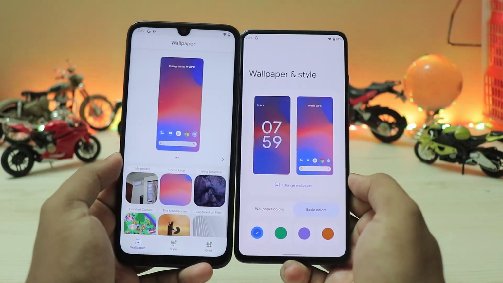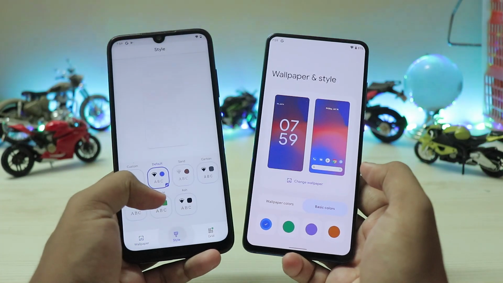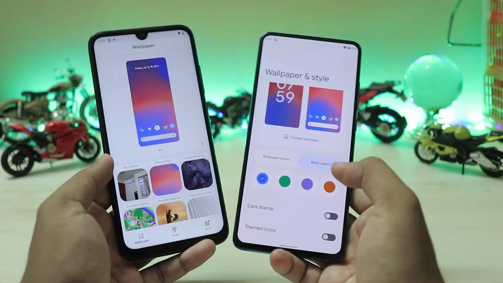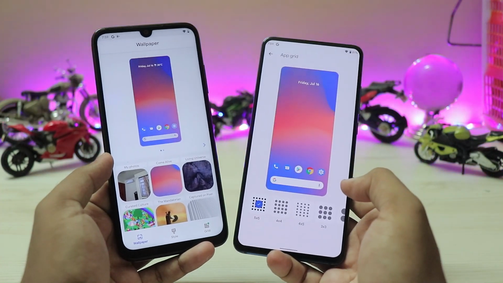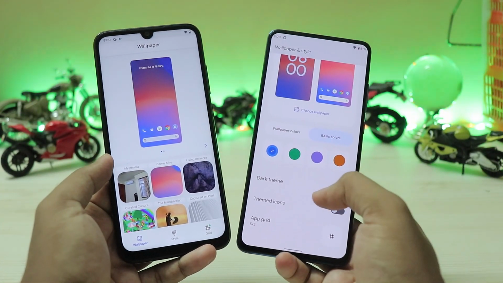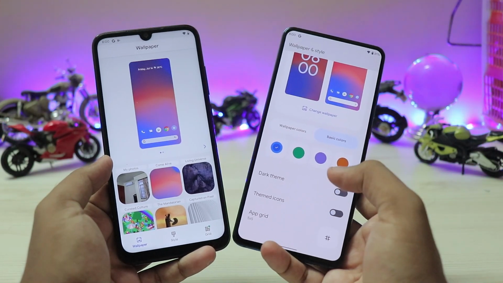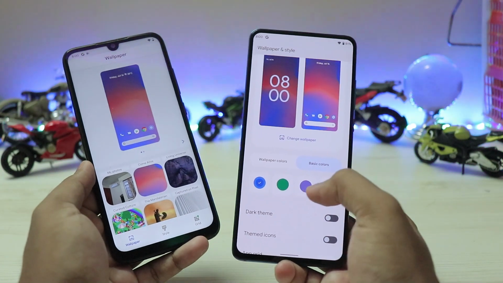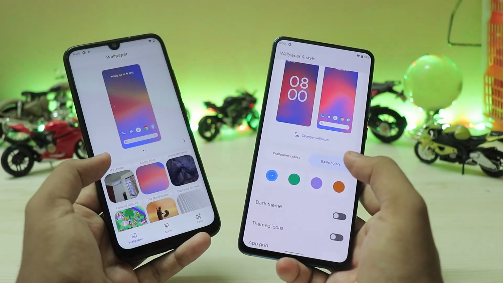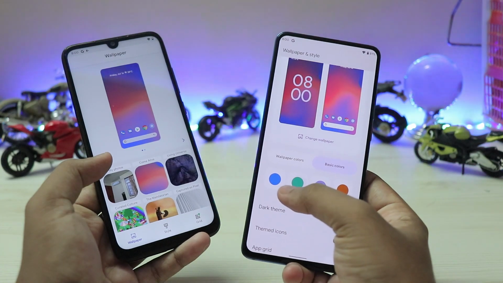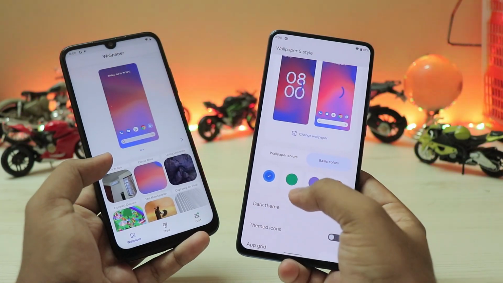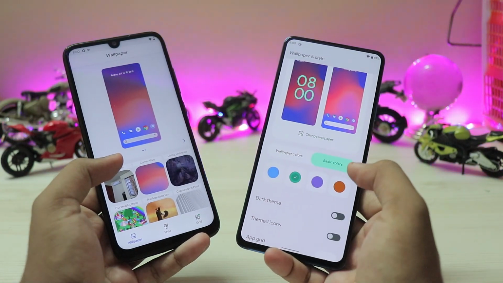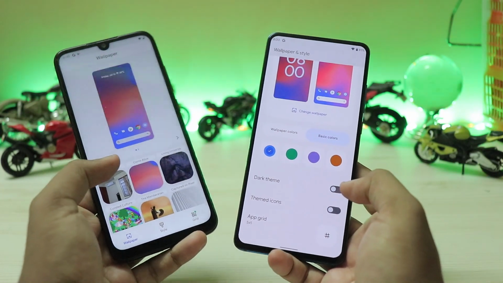But now if you even go to wallpapers and style, as you can see, a huge revamp right over here. So again, you have the styles, grids and everything right over here. I can't actually find the style in the newer base, but again, as you can see, you have your normal app grid, dark theme, themed icons is a new one, but now you can even choose the colors that are grabbed from the wallpaper from the Material You. Again, the system UI GX is a bit broken, so this doesn't really work that great. But again, as you can see, it changes the colors right over here through the system UI, even for the clock. So yeah, pretty nice stuff.